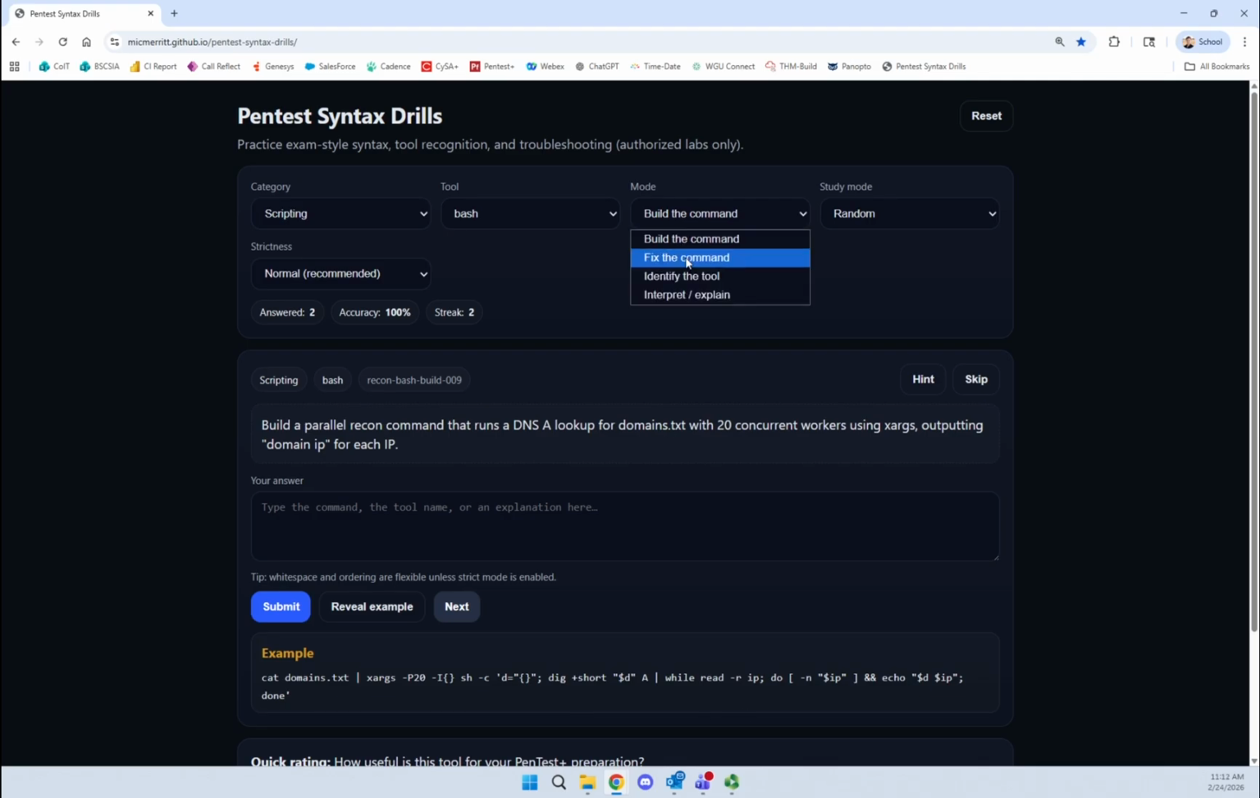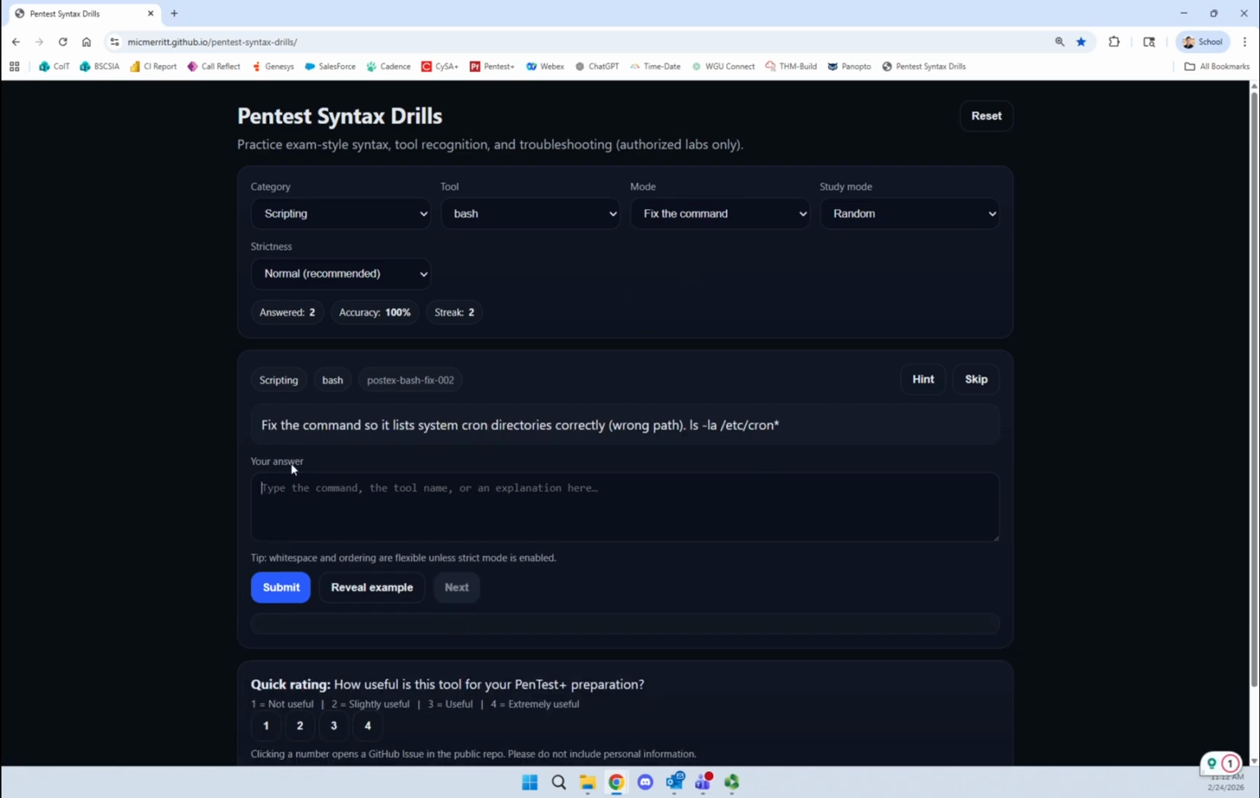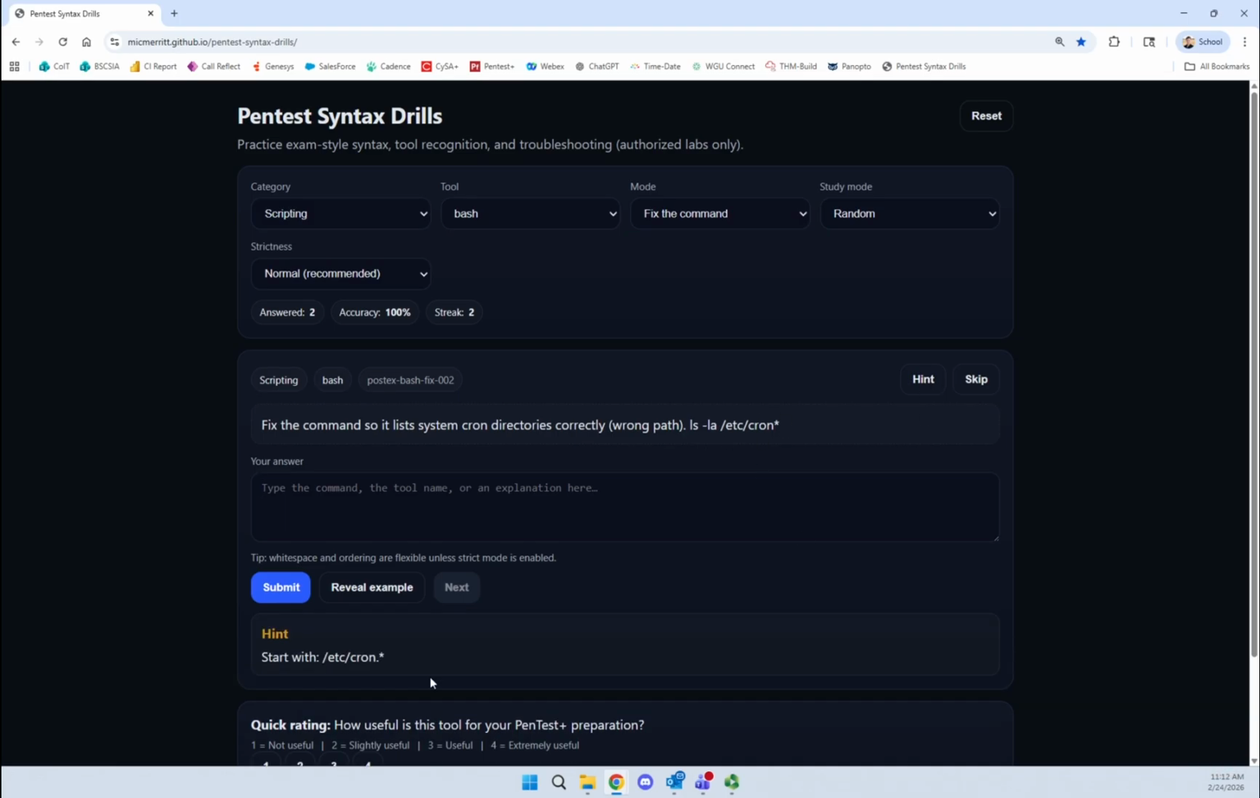Let me show you a couple of fix commands because these are really good places to start. If you're not ready yet to write out the whole thing and you're like, I don't even know what any of that gobbledygook means, then fix a command might be a little bit better. Here we have fix a command so that it lists system cron directories correctly. It's listing the wrong path, so it's telling you what's wrong. And then it's got an ls -la and then /etc/cron* on there. I can do a hint to say, okay,